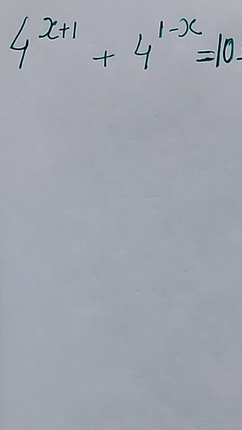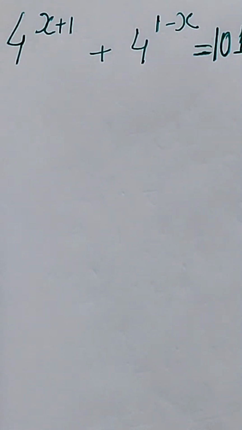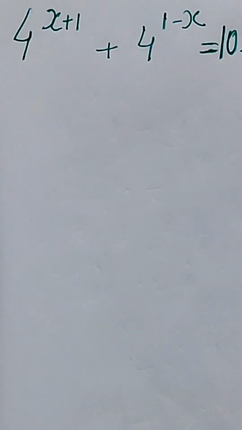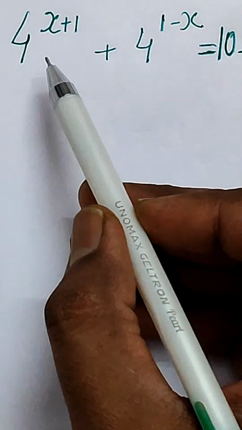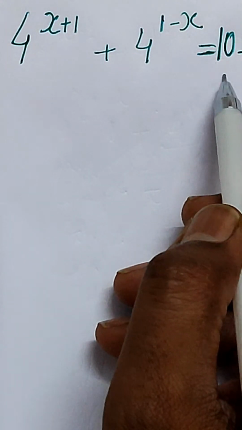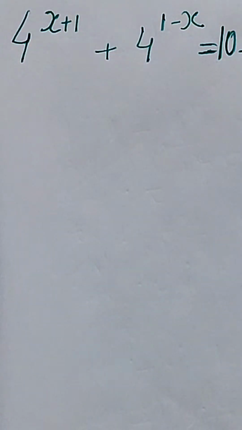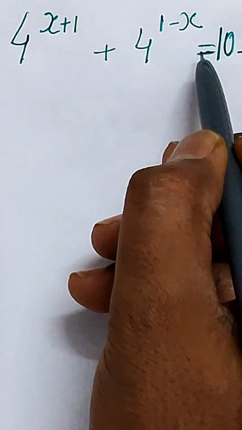Already I put a source of this question yesterday, and I want to explain it in much detail so that each and every step will be clear to you. Since this is a question of quadratic equations, we'll be applying that. But when you see the question, you will assume that this is from exponents and powers. That is right, because we will be applying the concept of exponents and powers over here also. So since 4 power x plus 1 plus 4 power 1 minus x equals 10,